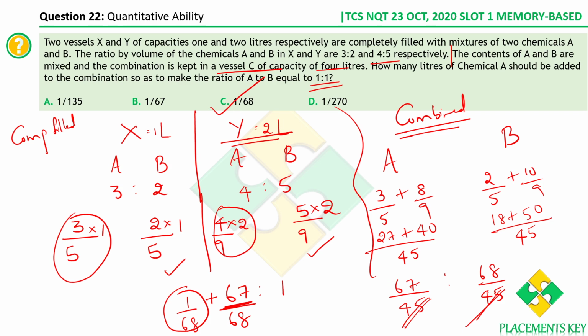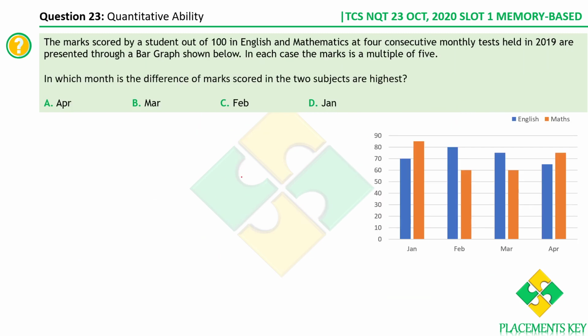Most of the students would have done till here, 67:68. Then you'll have to transpose this to this side, because we are concerned about A, not about B. We are not adding anything to B. Therefore it is supposed to be 1, and you are dividing, so 68 comes here, so it is 67/68. For this to become 1, you are adding 1/68, so that 68/68 becomes 1. That is why the answer is 1/68.